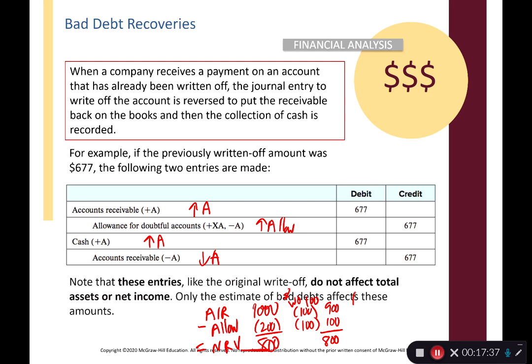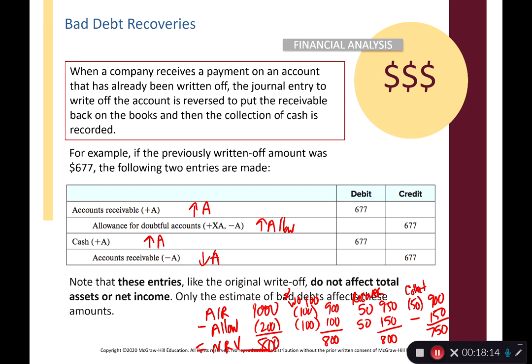If we recover, say 50, we're going to reverse the write-off. So we're going to add 50 to our receivable, add 50 to our allowance, which gives us 950 and 150, still a net of 800. But then when we collect the $50, it comes out of the receivable. The allowance isn't affected, so we're left with 900 and 150. So our net is now down to